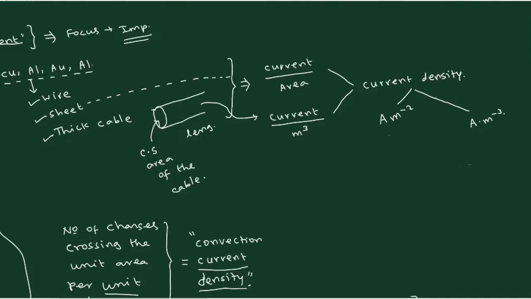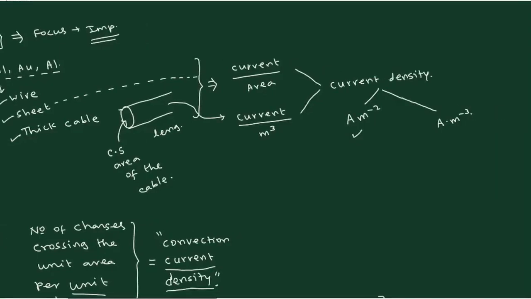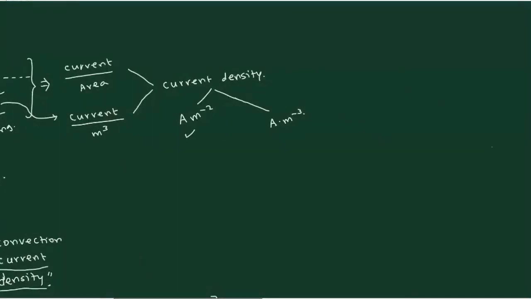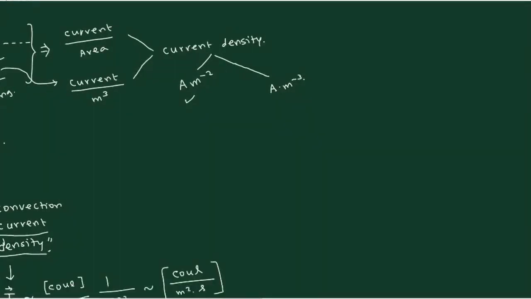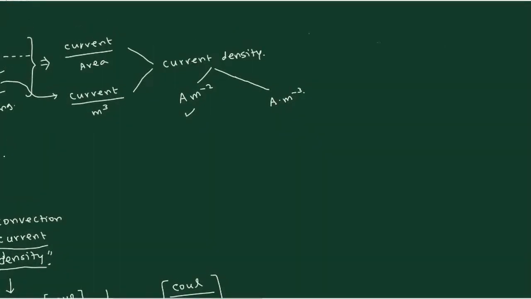In the majority of situations, they will use ampere per meter square, but you cannot assume that. You have to be more careful when you are reading a particular problem. Depending on what kind of problem is given, you'll have to choose either this way or that way. These are the basic definitions before we start. Now, what is the importance of this, and what do you want to do with the electrical current density in the case of conduction?